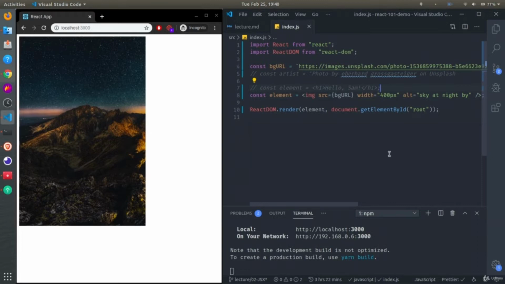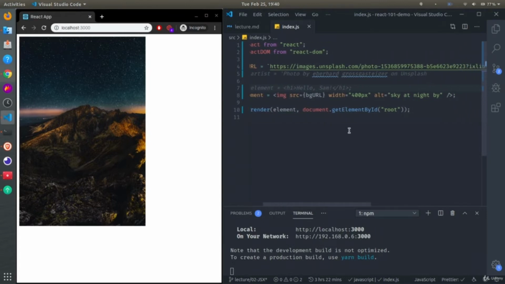You can also specify children in a JSX element. Like HTML has children, so does JSX. If a JSX tag doesn't have any children, we can close it by itself, so it becomes a self-closing tag. But if something has children,